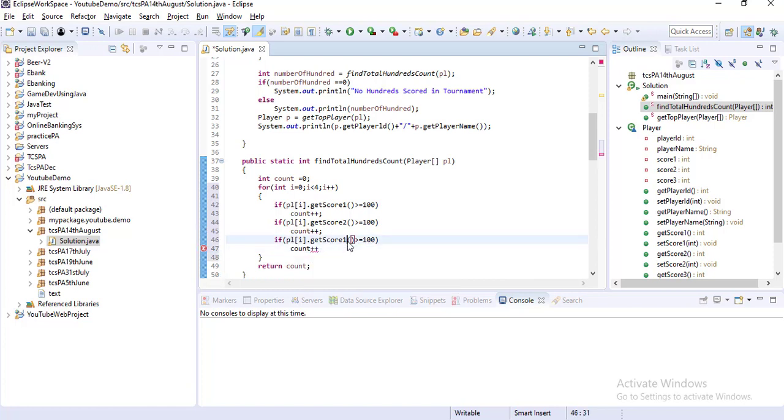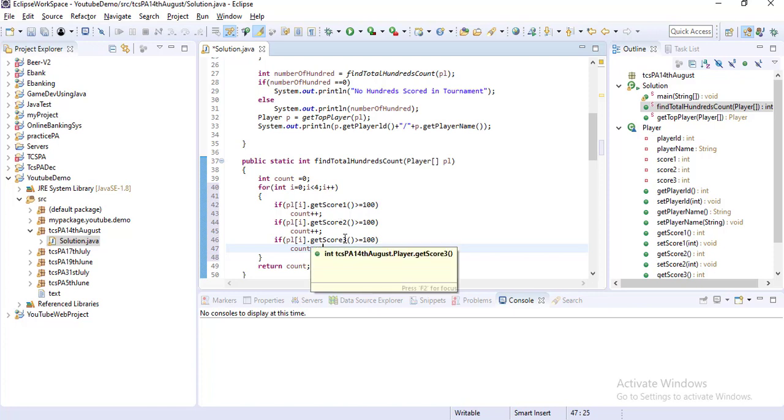So for every iteration it will check pl[i].getScore1(), getScore2() and getScore3(); if any one is greater than or equal to 100, then increment the count.